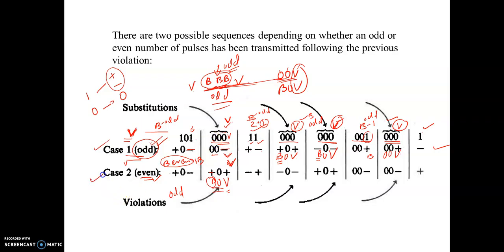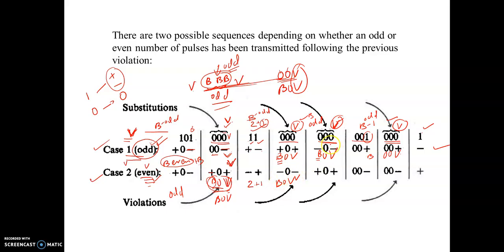The similar is for case 2. In case 2, what you have assumed is that between two violations, the number of B pulses is even. So when you have a triple zero, you have to make it odd. So you have to add one more B. For the first substitution, it's B0V. Again you have 1, 1, you code as usual, plus, minus, plus. Then you have triple zero, so here you have a violation. The previous violation was here. Between them you have two pulses, so you have to make it odd. So you have to add one more. So B0V. That is how you code.